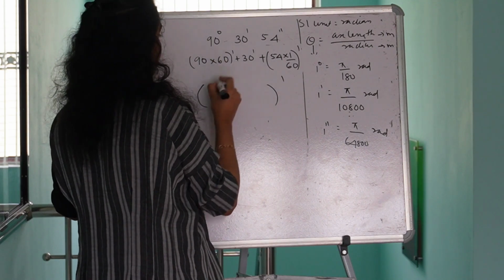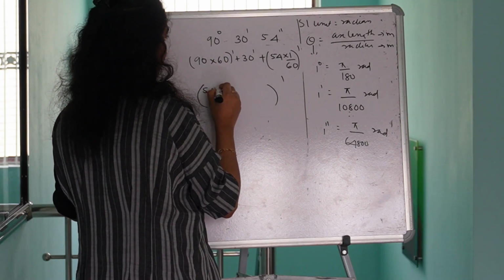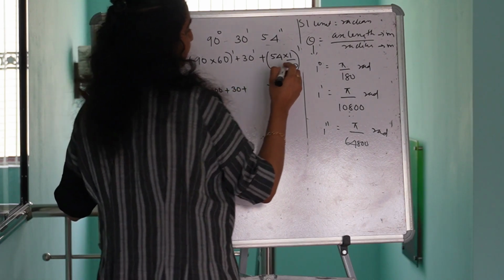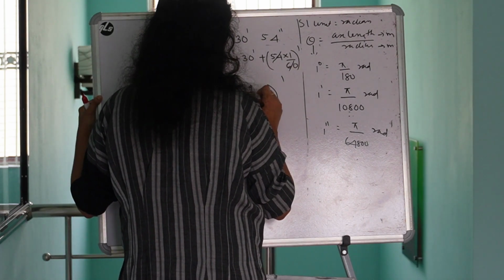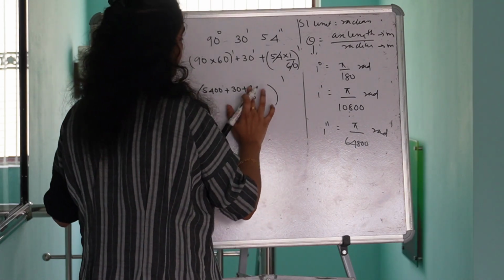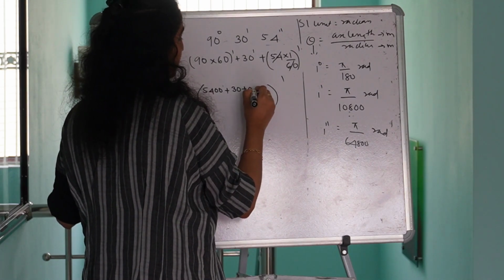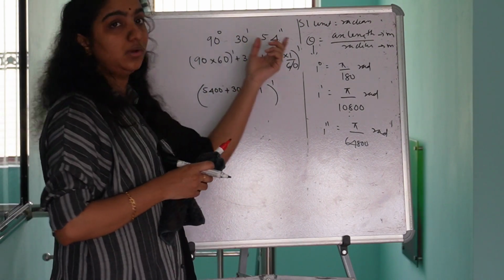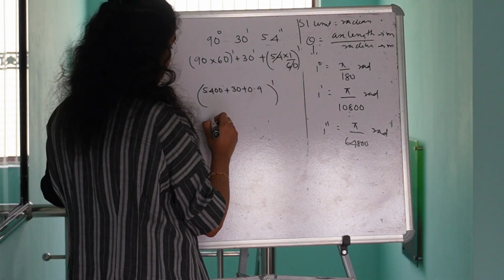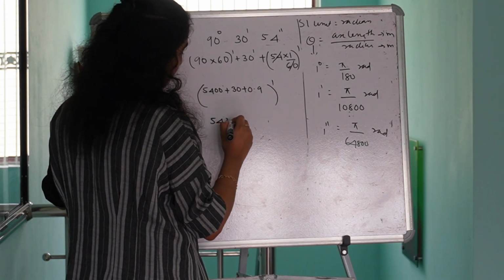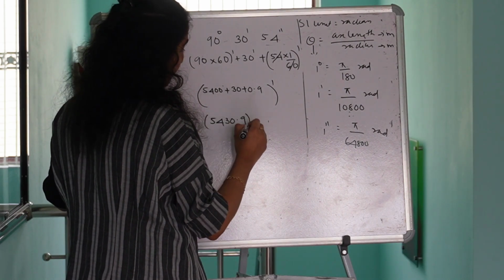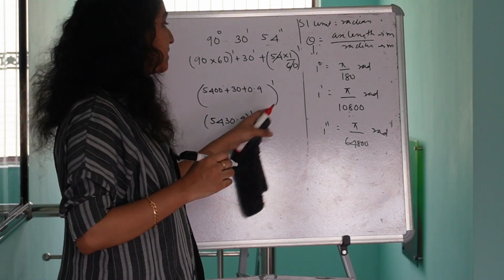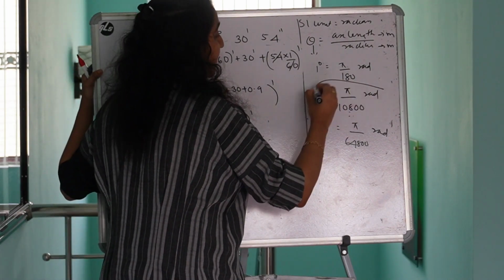So let's see, 90 into 60 means 5400. 5400 plus 30 plus, here I will get 9 by 10, which means 0.9. So what is the given angular measurement in minutes? It is nothing but 5430.9 minutes. Now I am going to convert this particular value in minutes into radians by simply multiplying this value